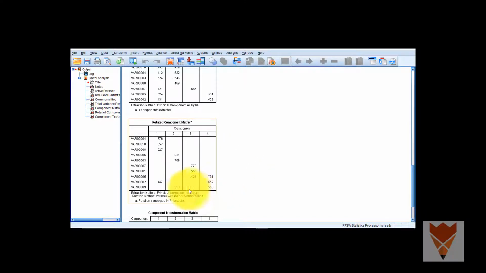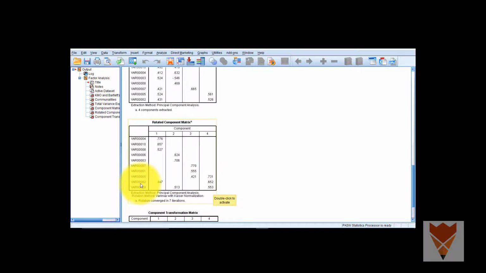What will we do if one question is showing loading on 2 factors? In such a case we will take the question in the factor in which it is showing the higher value. Like question number 9 is showing a loading of 0.513 on the second factor and 0.553 on the fourth factor. Obviously 0.553 is more than 0.513. So question number 9 will be converged with factor 4 and not with factor 2.